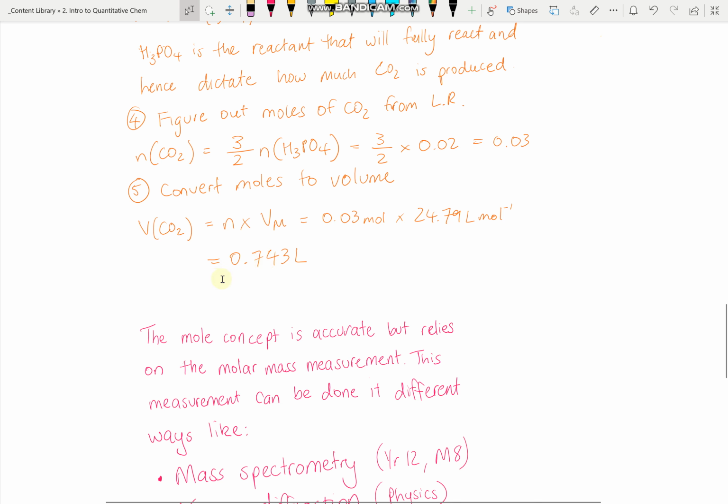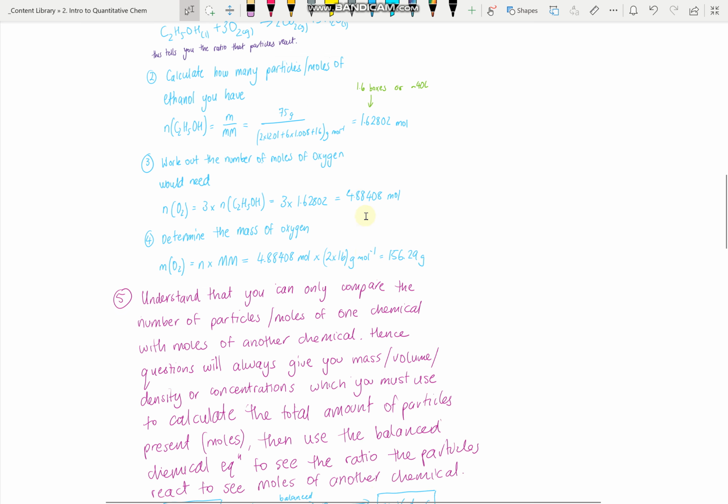So technically I should say 0.7 liters, one sig fig. But it's not the focus. We're just learning about the mole concept. And so